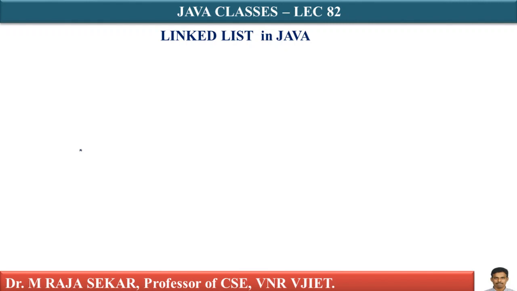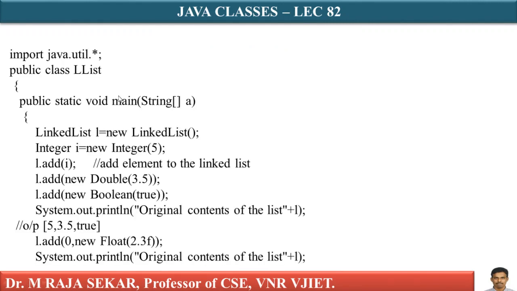Anyway, we will try to understand a simple program related to linked list. This is a simple and straightforward program. If you go through a linked list program in the C programming language, it's very difficult to understand. You need some sort of dynamic memory allocation functions, and you have to maintain links. It's a little bit tedious process. If someone has learned how to create a linked list program in C, obviously it's a difficult thing. But in the case of the Java programming language, it is simple and straightforward.